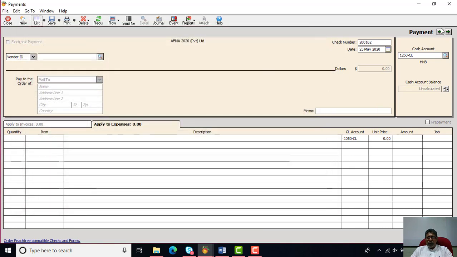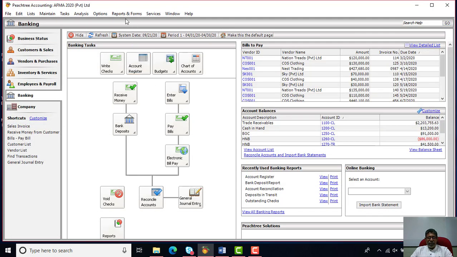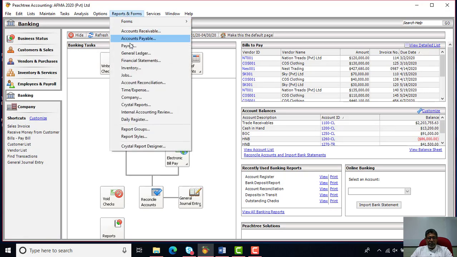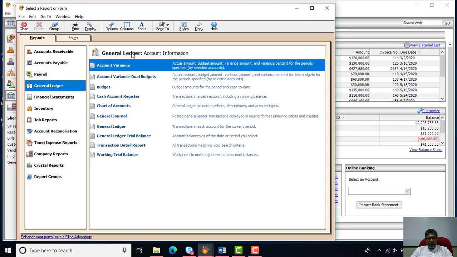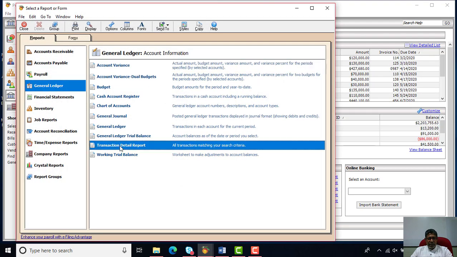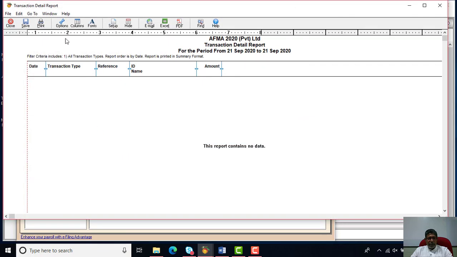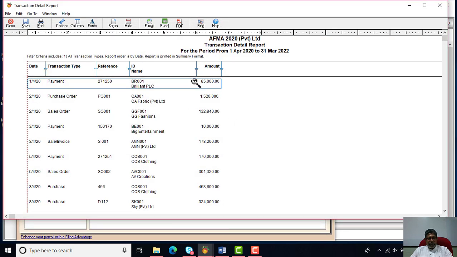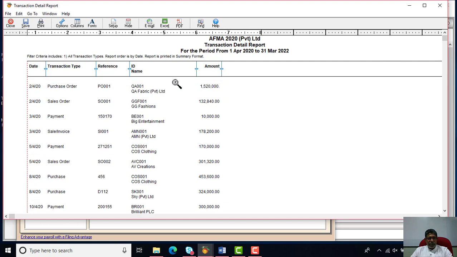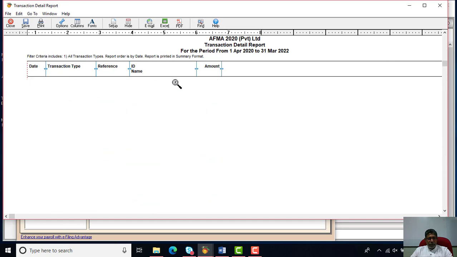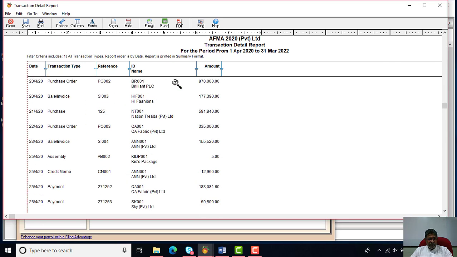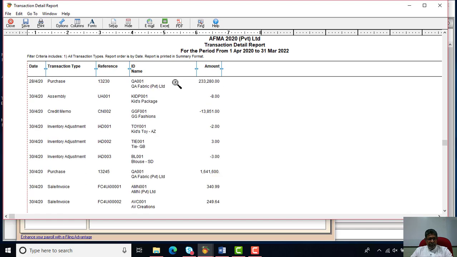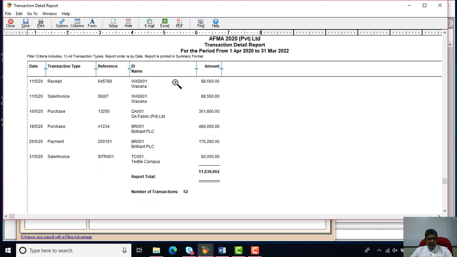So up to now what we have completed, we can check that also, the transactions, how many completed by now. You can go to the report section and then you can go to the general ledger option and select the transaction detail report, double click and open and go to the option button and select all, click OK. So you will be able to see all the transactions starting from the 1st of April completed up to now. So some transaction gone to the month of May as well. So you can see at the bottom many transactions have been completed.